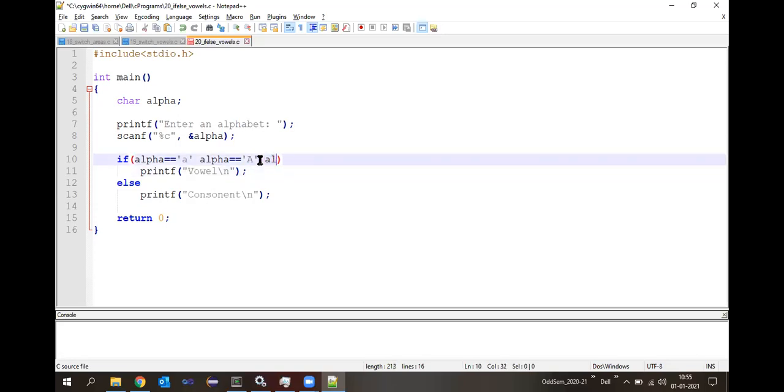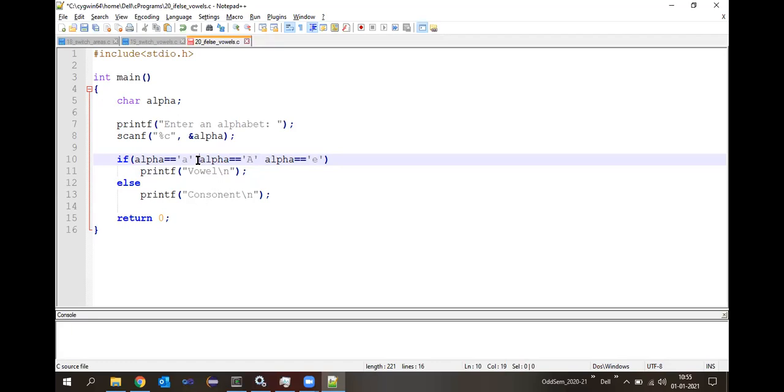Then if alpha is equal to 'E', then also it is a vowel, right? In all, 10 different conditions I will write here, because there are 5 vowels in lowercase and 5 in uppercase, which means a total of 10 conditions. When there are multiple conditions to look for, I need to use one more operator.